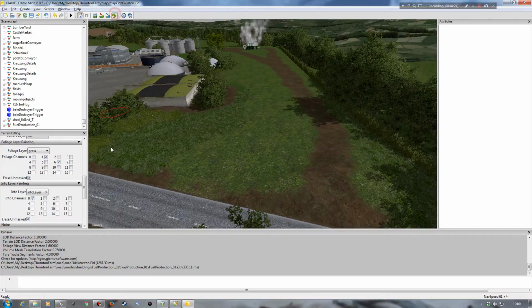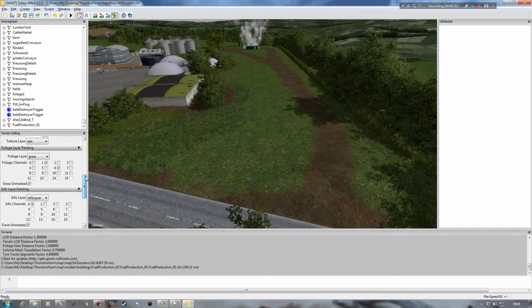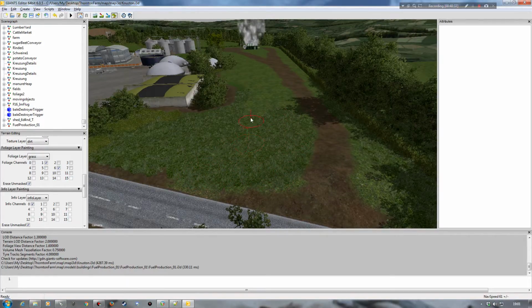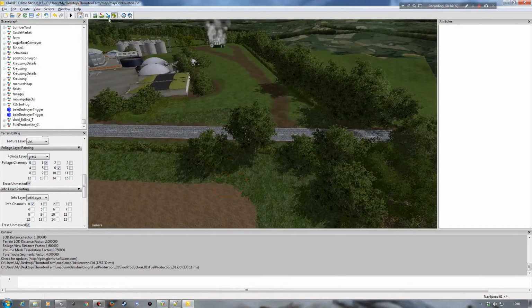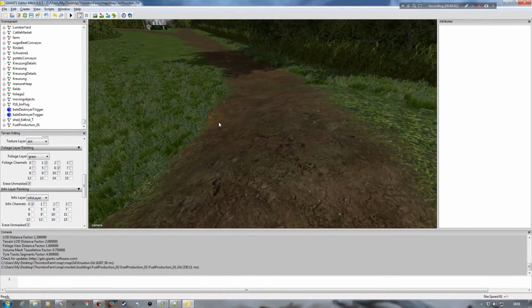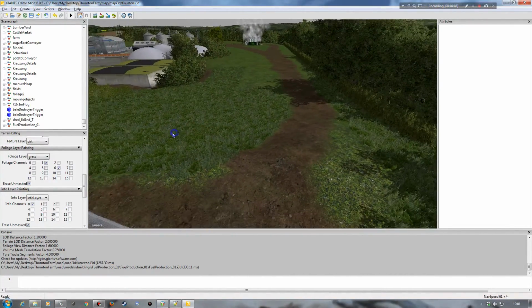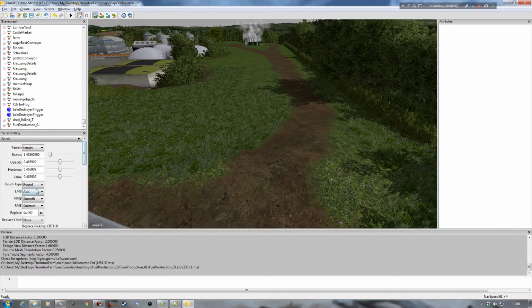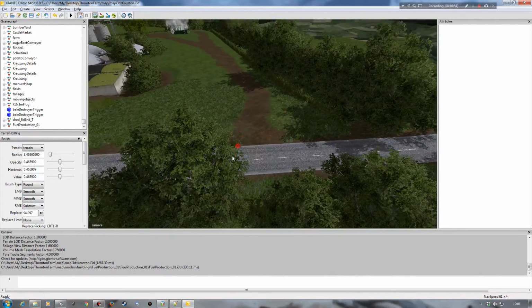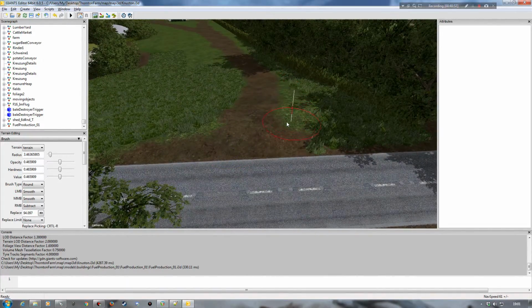Again, this is going to be something that we'll need to play around with and manipulate to a point where you're comfortable with it in game and it works for you. These things can be somewhat time consuming, but once you get the idea of what you're trying to achieve, what I'm going to do here is change back over to my smooth tool. I'm just going to smooth this edge off a little bit so my tractors don't flip when I come in here,